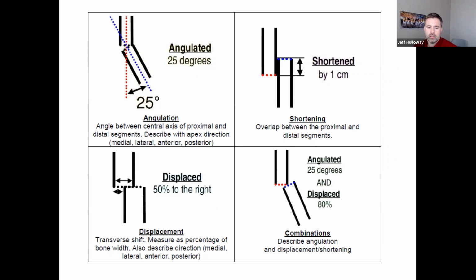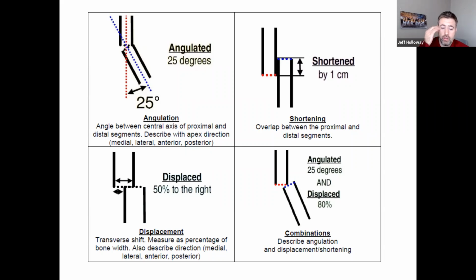So I put this in because I think, when you see a fracture, understanding this is all the radiological jargon that they use. And I think if you don't really understand this well, it's hard because then they'll give you some of these. And these are also things that are very helpful for you to be able to say, sometimes not the exact 25 degrees of angulation, but understanding what angulation is, understanding the appropriate angulation,